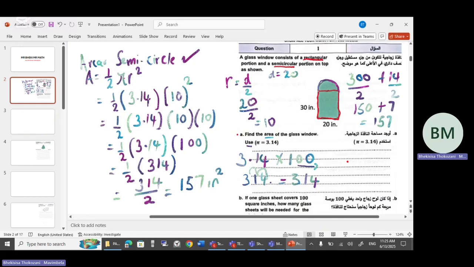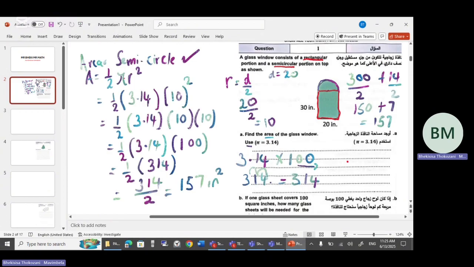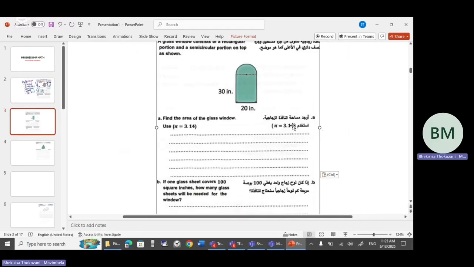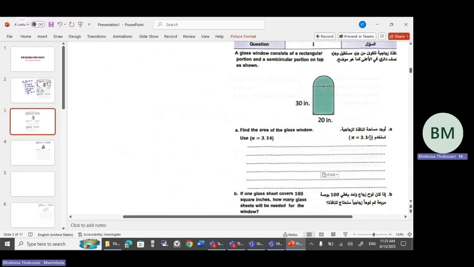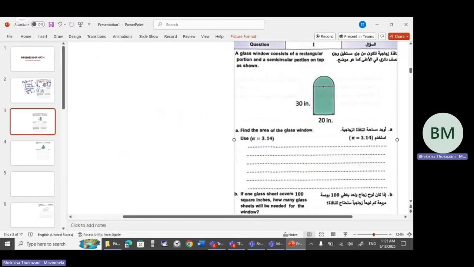For the rectangular portion, guys, I am now going to use this space here. Right, I just want to put this here so that it's easy for you guys to see. Okay, so now I'm going to look for the rectangular portion. I'm done with the first part. So for the rectangular portion, area